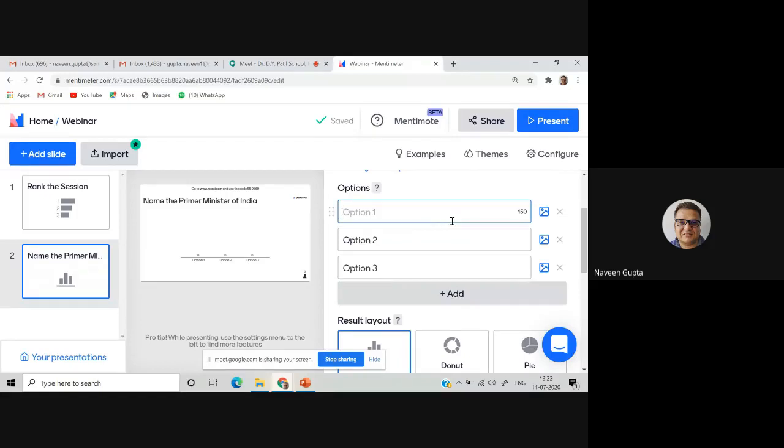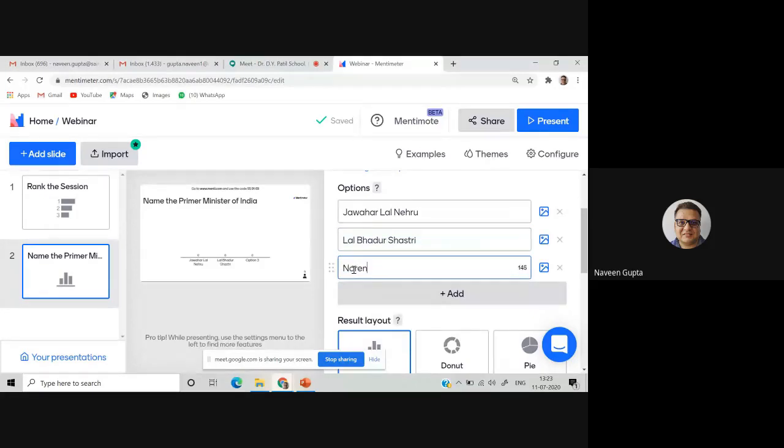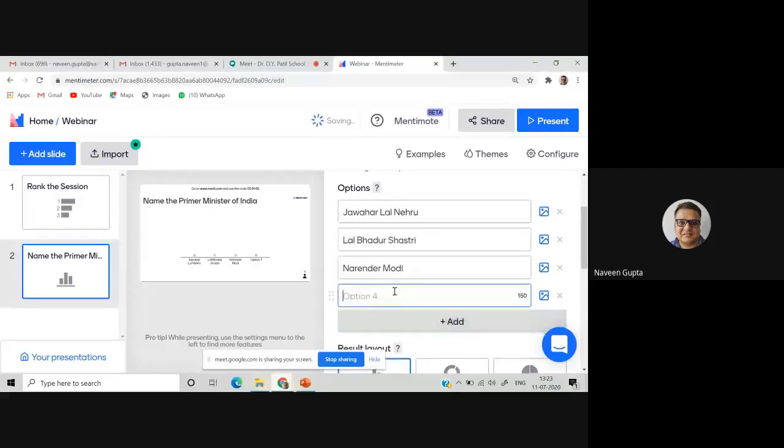The options are Jawaharlal Nehru, Lal Bahadur Shastri, Narendra, and I need a fourth option, so I'll say Rahul Gandhi. So these are the four options I have given you.